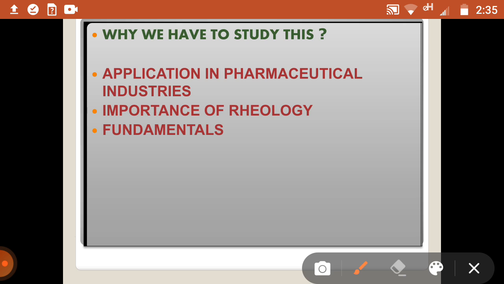So why do we have to study rheology? Because it has an application in the pharmaceutical industries. As I have mentioned, the importance of rheology: we have to read, write, learn, or think about the importance of rheology and what the fundamentals are. Another name for fundamentals is essentials, meaning what things are most important or powerful for formulations